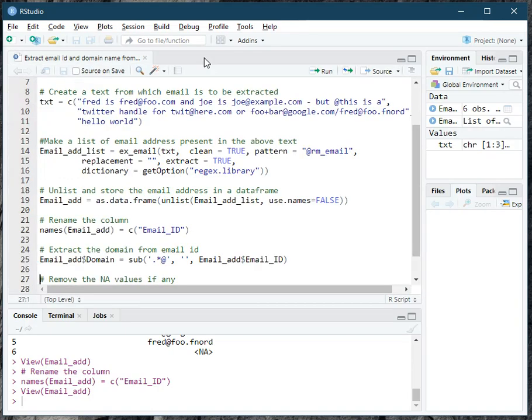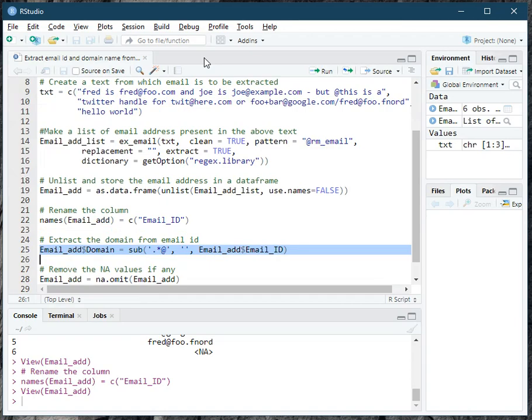Now the last step is to use the sub function. Sub is the function available in base R to extract the domain name. The first argument in the sub function is the pattern. The pattern starts from dot star at sign. So this is the pattern, and then there is a blank, and then the column name from which you want to extract the domain, right?